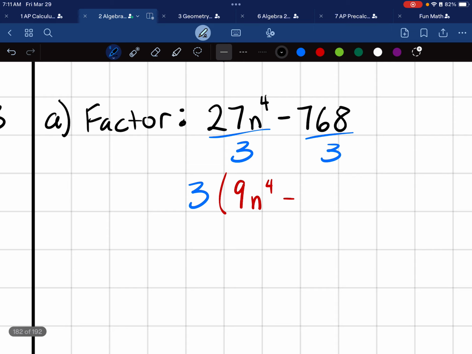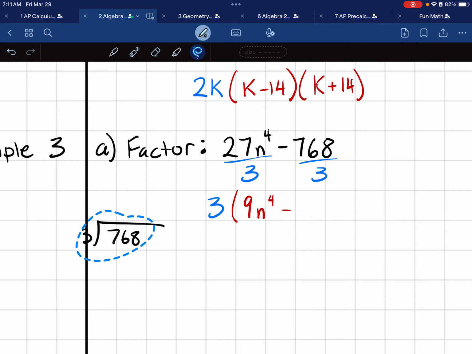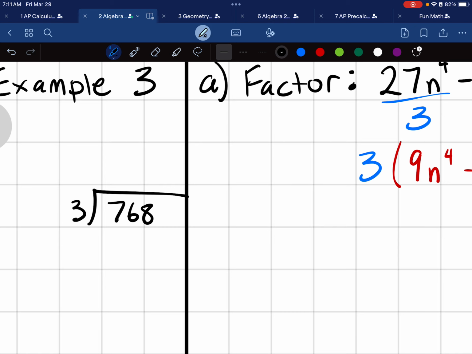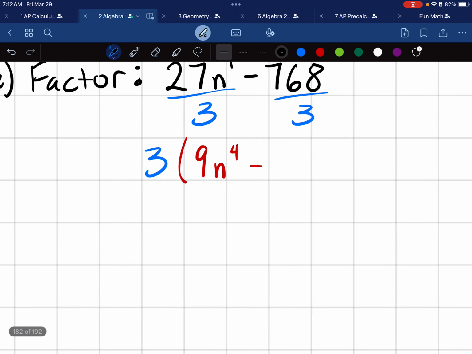So 3 goes into 768. This is probably going to be in the way. Let's move you to the side and figure out what you are. 3 into 768. Well, 3 goes into 7 2 times to make 6. Subtract and give 1, bring down the 6. 3 goes into 16 5 times to give us 15. And then bring down 8. 3 goes into 18 6 times, exactly 256 times. So this is